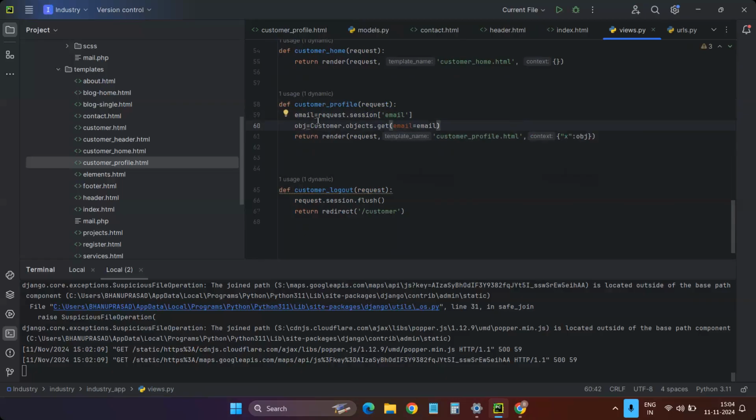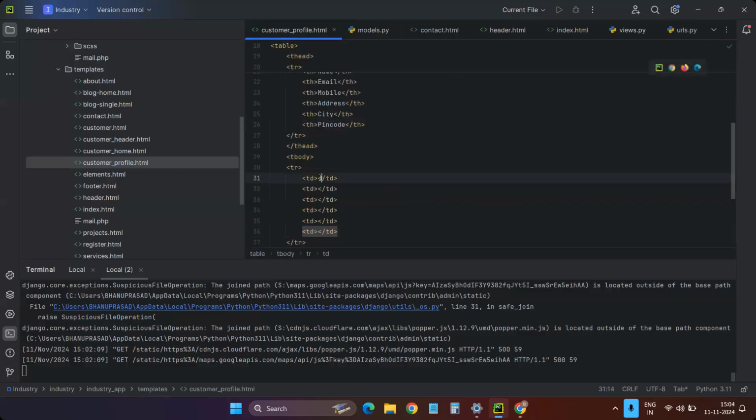If I get the data like this, I'll get a single data, right? Single row here. If I have multiple rows, I have to use filter. But I have only single rows, so there is no need to use a for loop in my template. Okay, customer profile, directly I can use x.name, x.name,